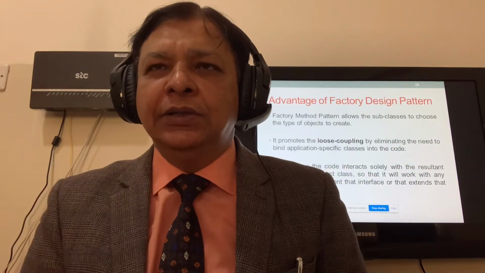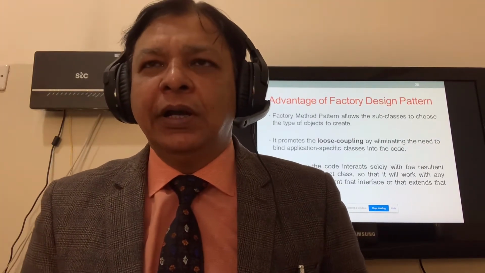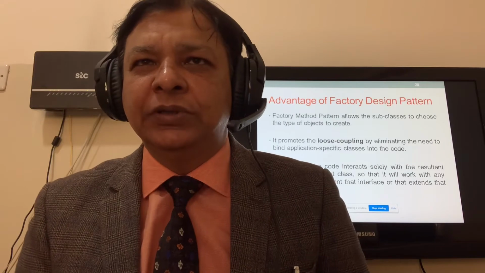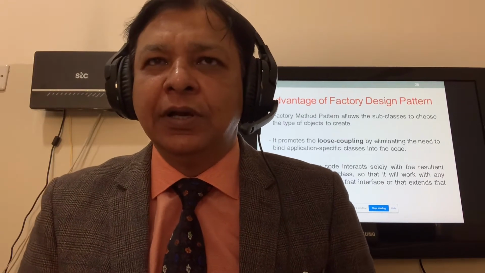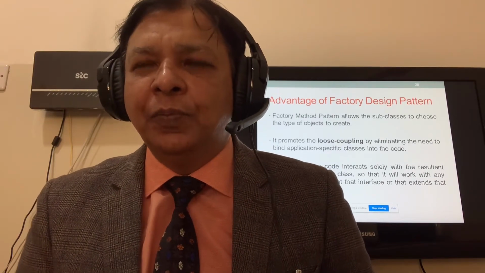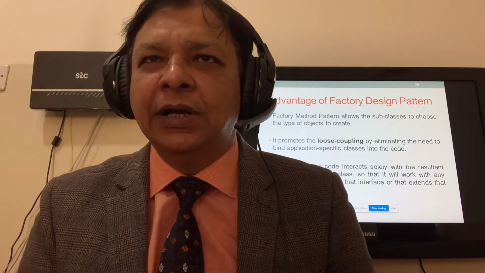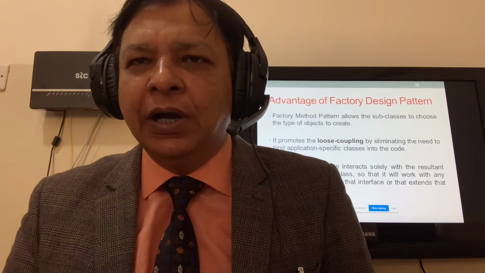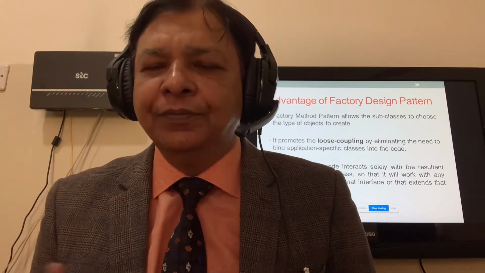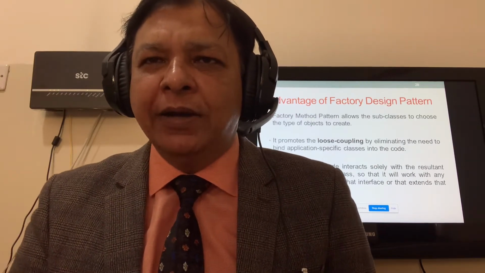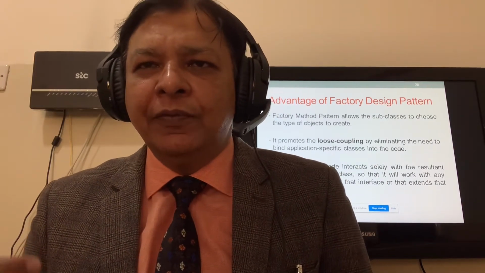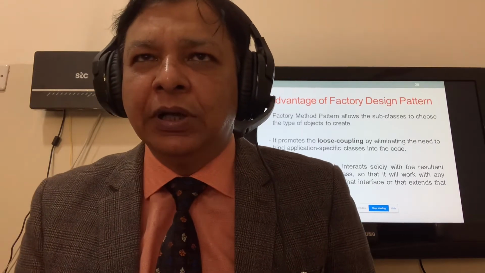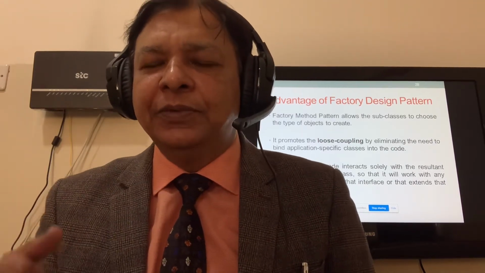So the advantage of the factory pattern is that it allows the subclasses to choose the type of objects to create. So we have a group of objects inside the factory. For example, we can have an Almarai factory, with bread, fresh milk, packed milk, cream, croissant, different types of objects.